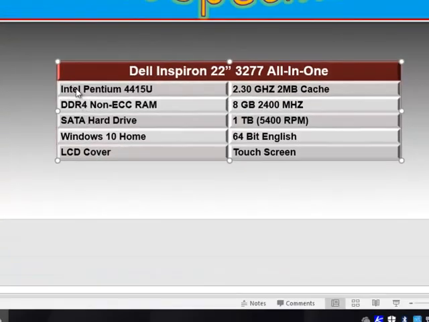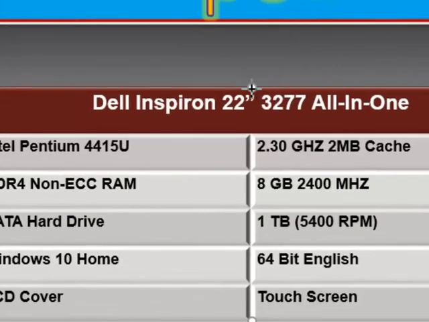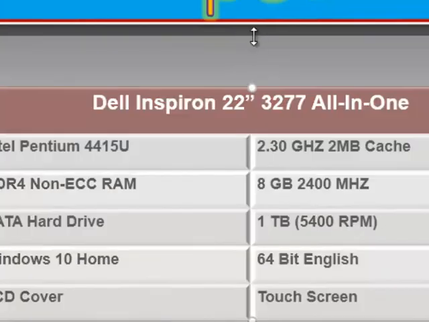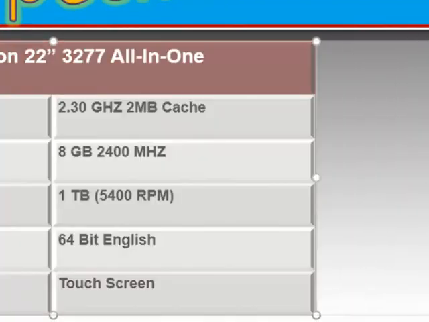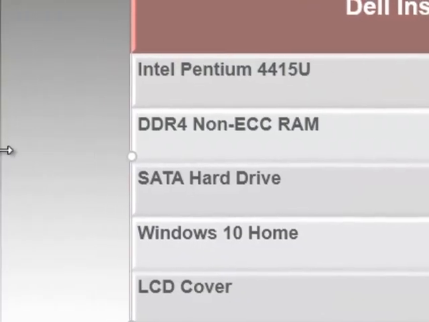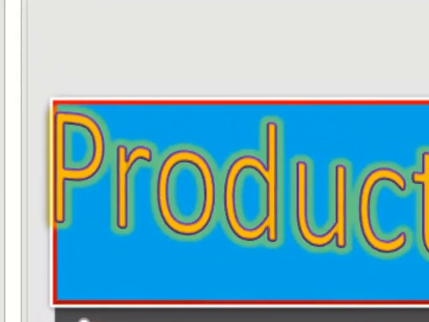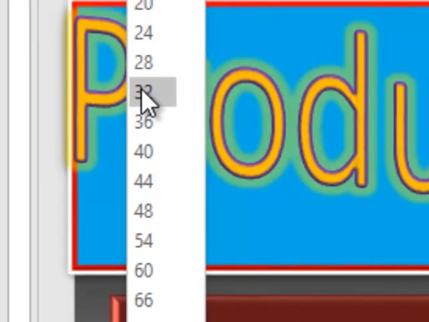Now we're going to return to the Dell Inspiron slide, and we're going to resize that table too. When we make our tables bigger, it helps us in more ways than you can imagine, because remember, we're presenting not to the person in front of the screen, which is us. We're presenting to an auditorium, people way 50 feet away, 50 yards away from us. Not really that much, but